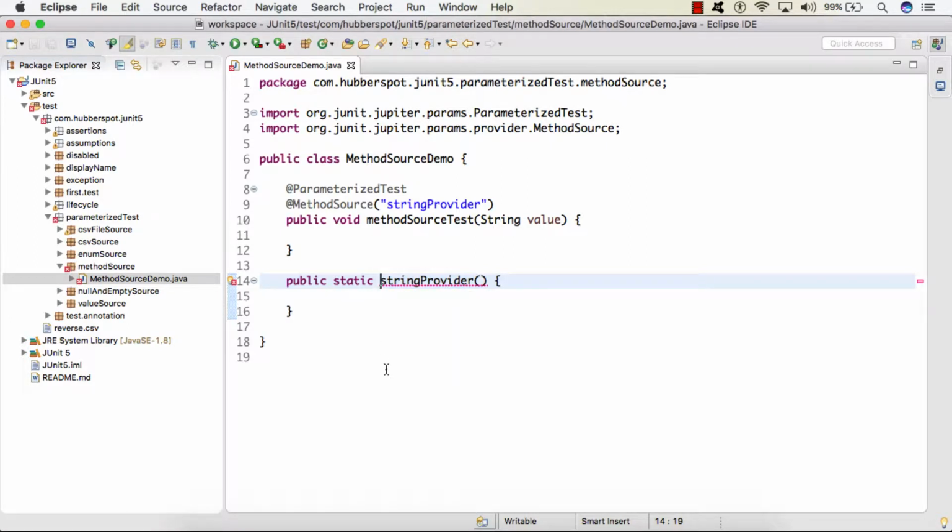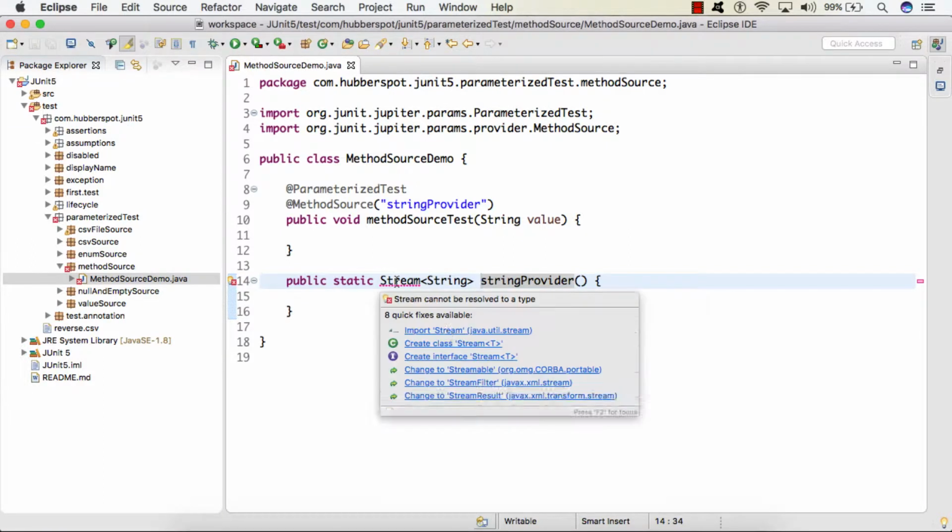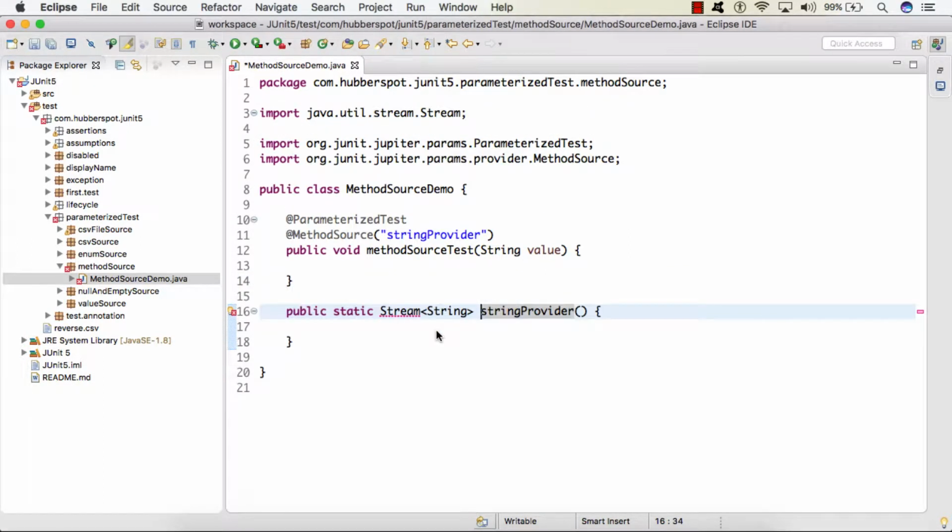So let's say I provide a Stream of String. So this stream of string will act as an input to our @ParameterizedTest. So here we'll simply return few values which are string.